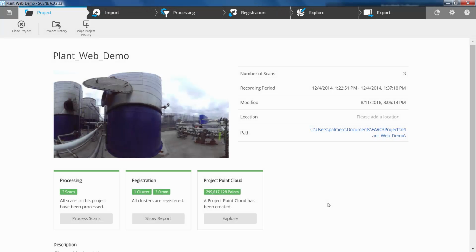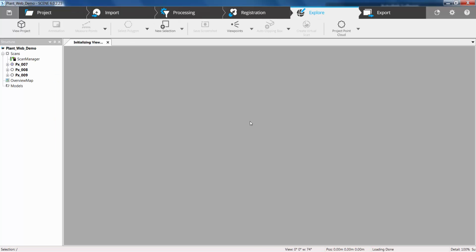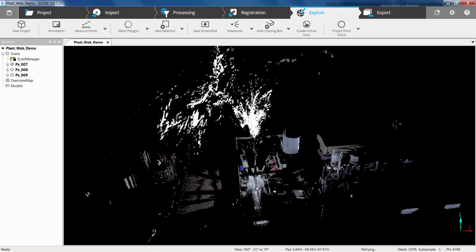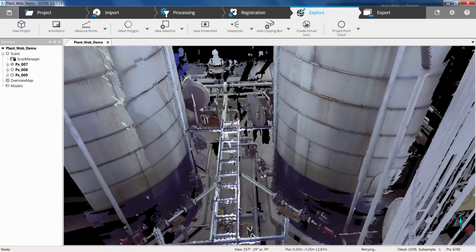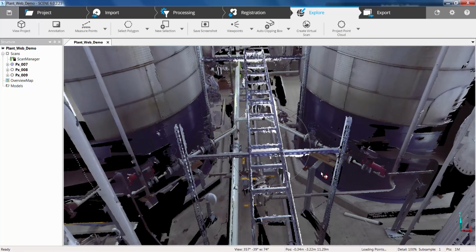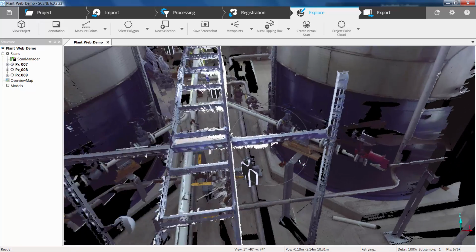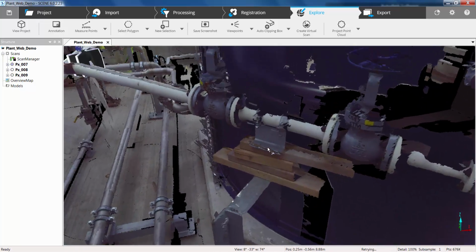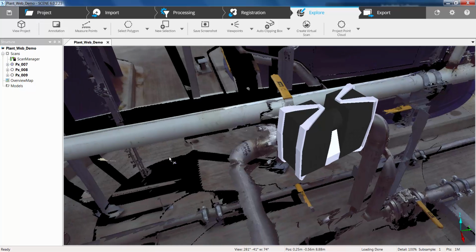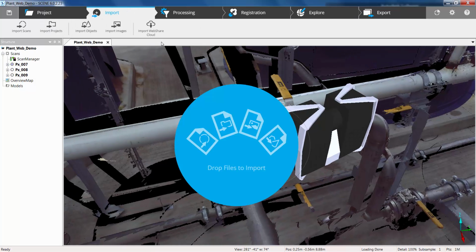So we're now going to go back to FARO Scene and open up this same project. So first of all, let's go to the Explore tab and have a look at this data in 3D. If we just zoom in here now, you can see none of the annotations or measurements that we created in the cloud are currently visible or currently in the project. So what we now need to do is go to the Import tab and use the Import Webshare Cloud icon,